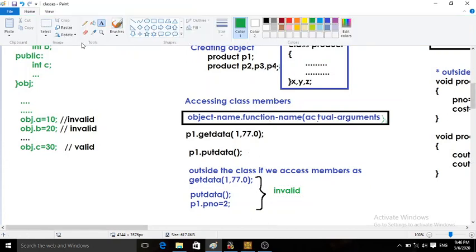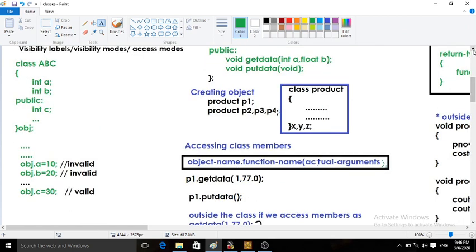So let us see one more example. Here one more class is there. Class suppose ABC, opening curly brace, int A, int B. As no visibility label is given over here, by default it is private. So A is private, B is private.